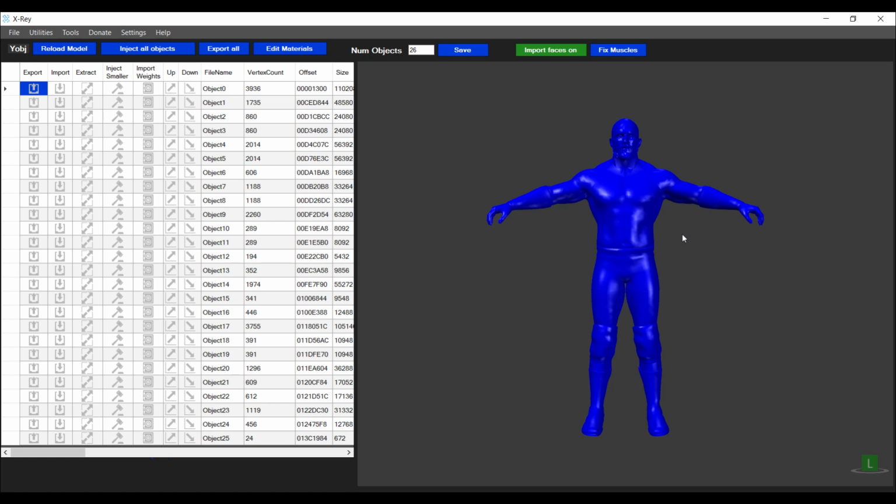And the reason why I've chosen this model is because he has pretty much all the attire parts that I need for Jeff Jarrett. He has the trunks, knee pads and boots, which are very similar to Jeff Jarrett's. So for the purpose of the tutorial, you will see that we need to make a copy of the main wrestler Y-object file. The first instance of the wrestler Y-object file will contain the mesh for the head, and the second instance of the wrestler Y-object file will contain the meshes for the arms, the torso, if you want to